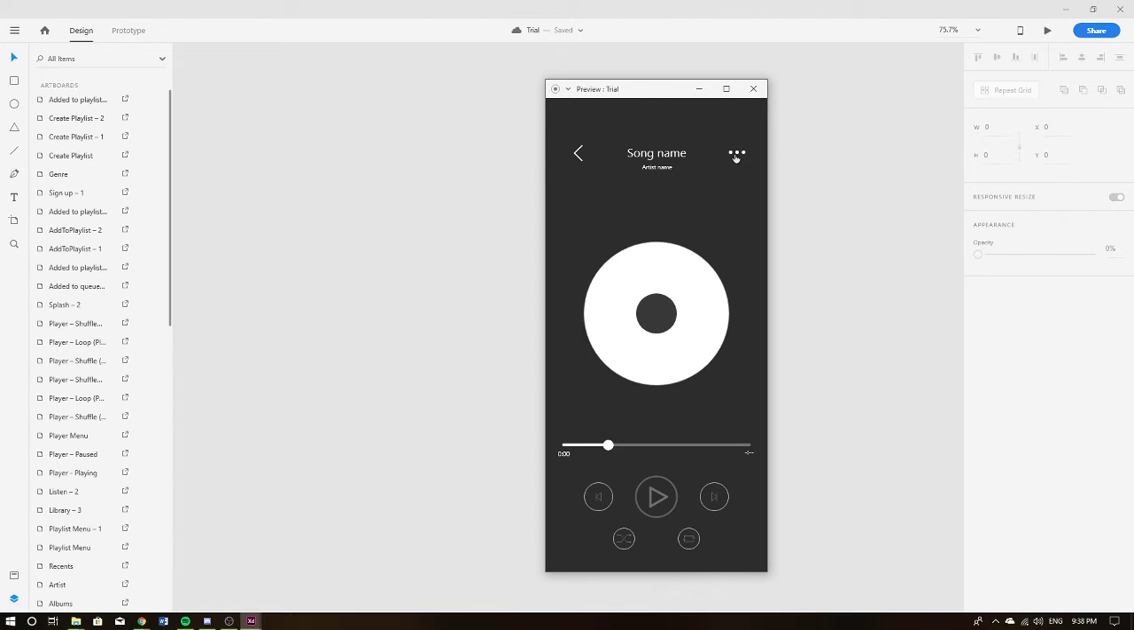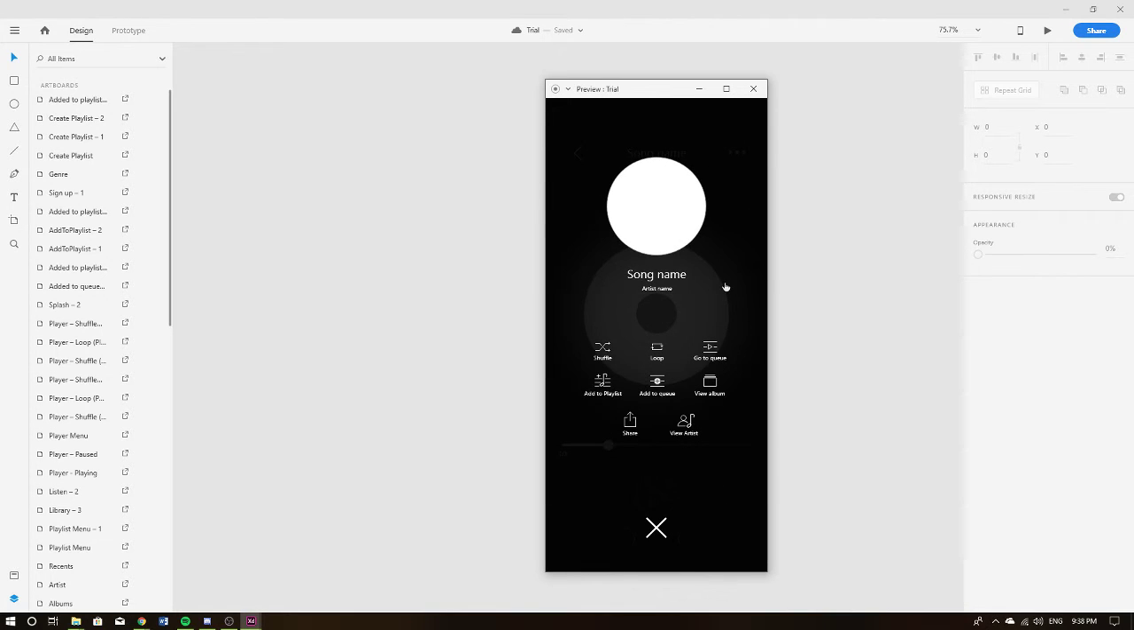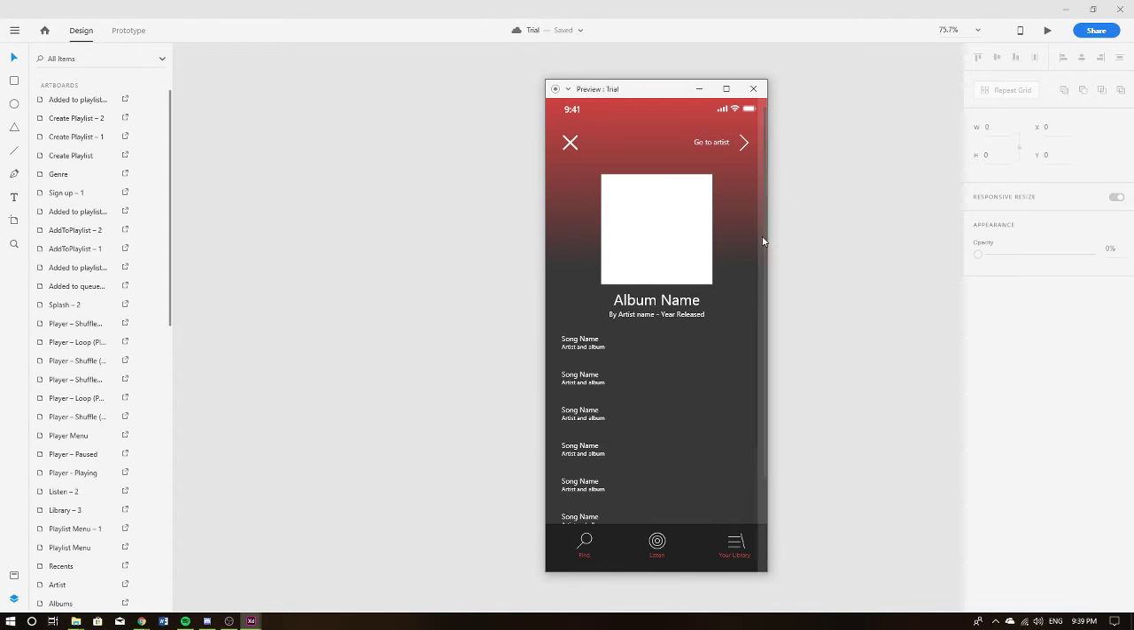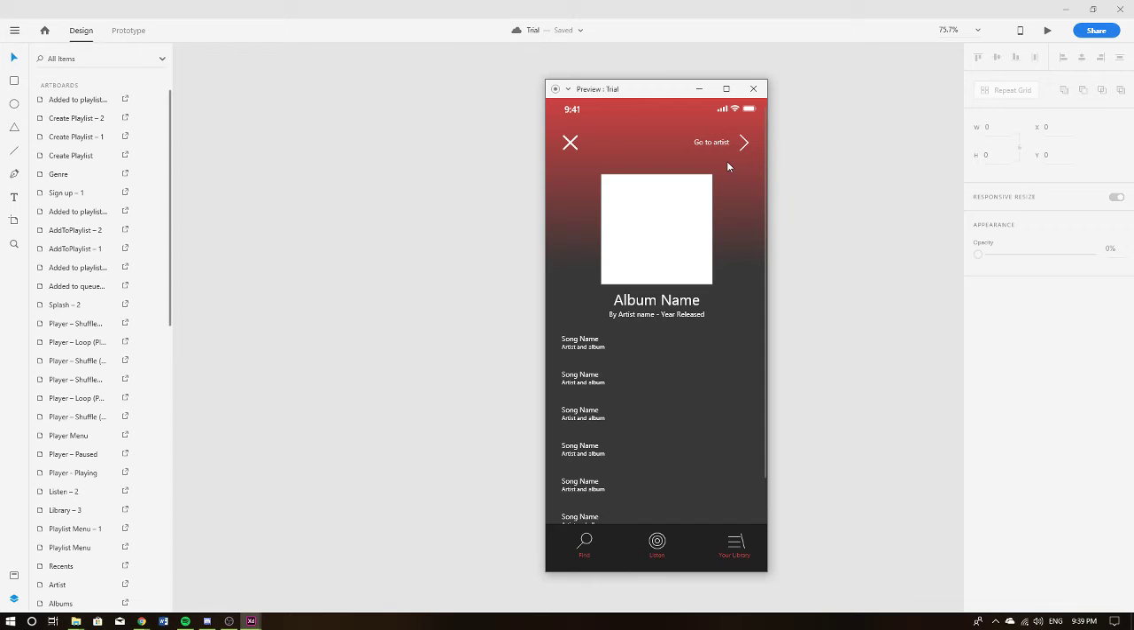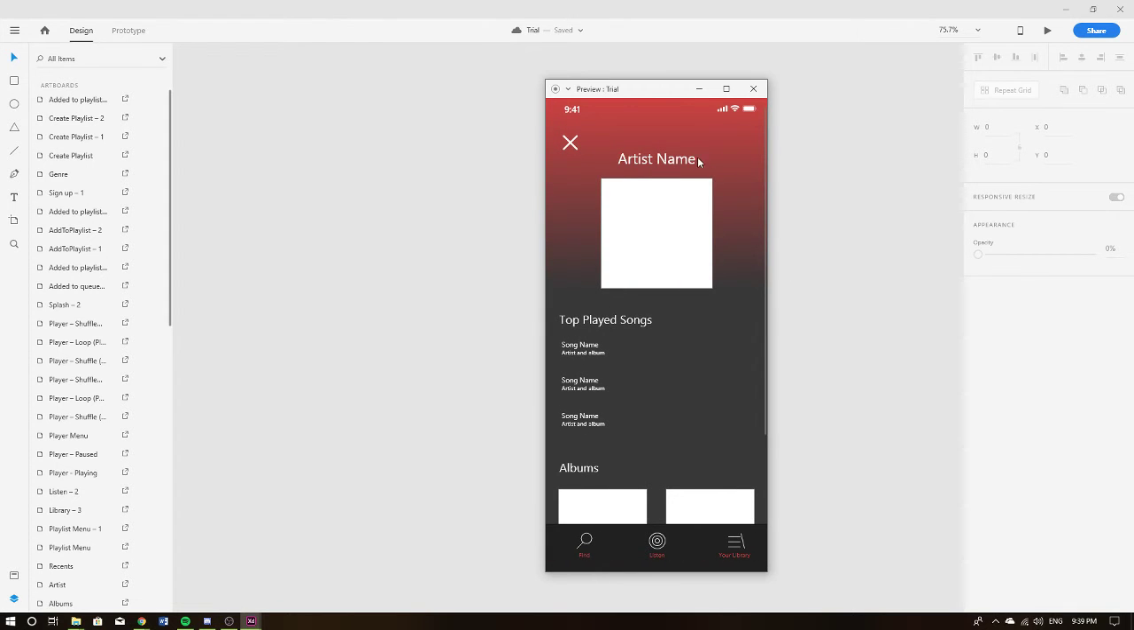And then the same, you can click on this, and it'll bring up your song name and your artist name. With this you can shuffle the song, loop the song through this playlist, go to queue, add to playlist, add to queue. You can view the album. When you click view album, you'll be presented with the album splash art with the album name, by which artist, and the year it was released, and the songs that are in this album. You can also click go to artist, which shows the artist name and the artist picture,